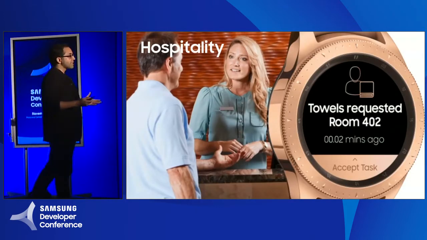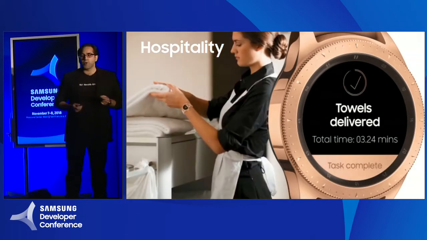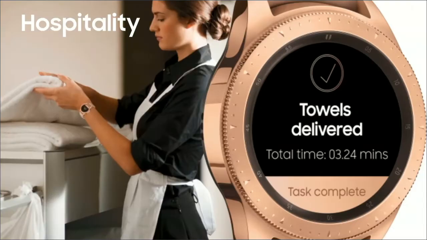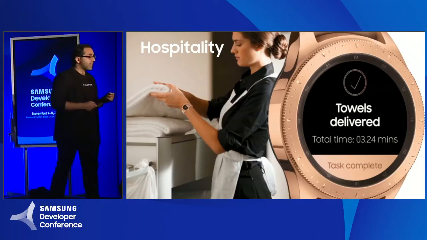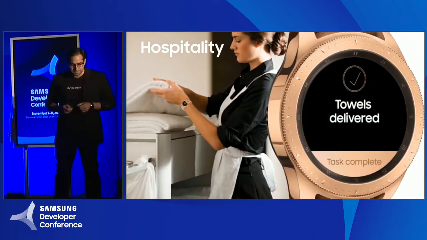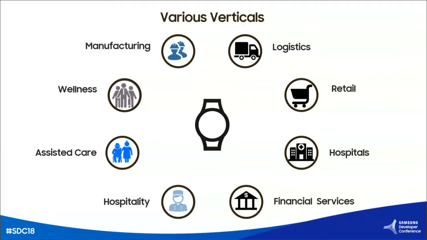Hospitality is another use case, where if a manager wants to have an employee deliver towels to a guest, the employee can receive that information on the Galaxy Watch right away, and then they can respond to that and get that task completed. So as we looked into all these different verticals from manufacturing, wellness, assisted care, hospitality, financial services,